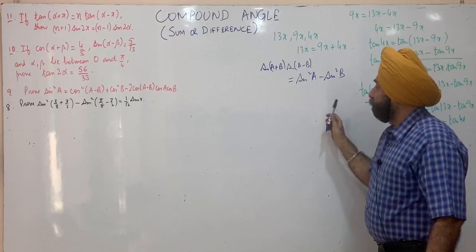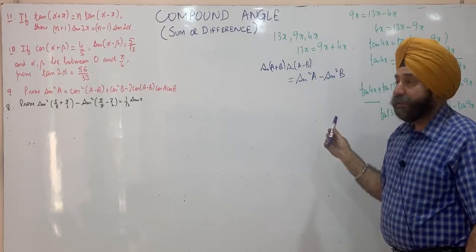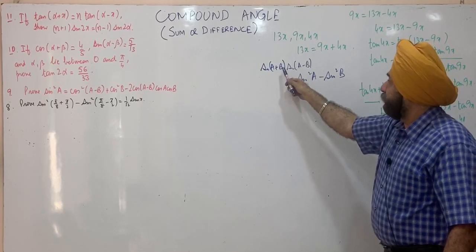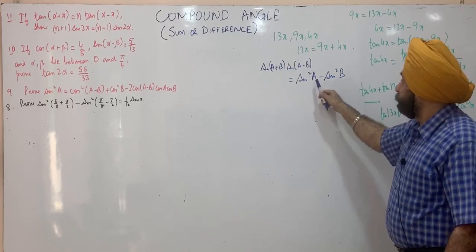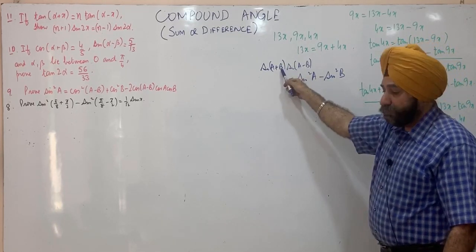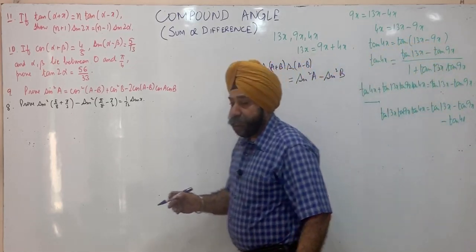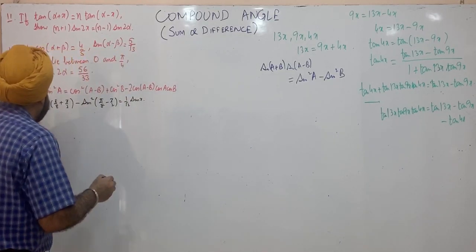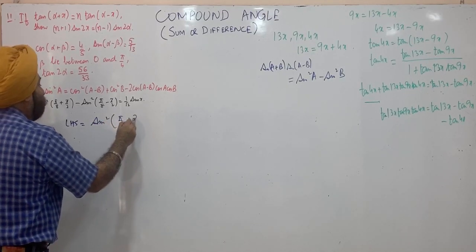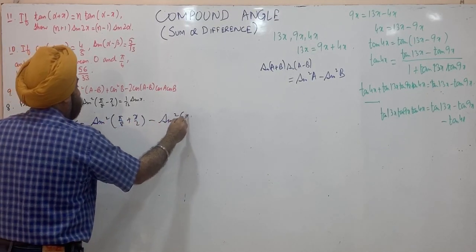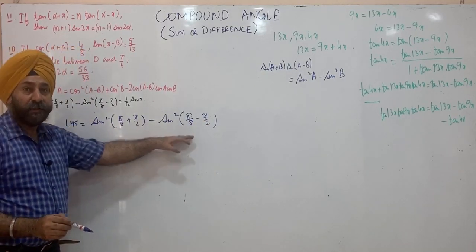So we should learn all the formulas from left hand side equal to right hand side, and also right hand side equal to left hand side. Sin (a plus b) into sin (a minus b) is sin square a minus sin square b, and also sin square a minus sin square b is equal to sin of (a plus b) into sin of (a minus b). So here we use this formula starting from left hand side: sin square (pi by 8 plus x by 2) minus sin square (pi by 8 minus x by 2). This is sin square a minus sin square b.